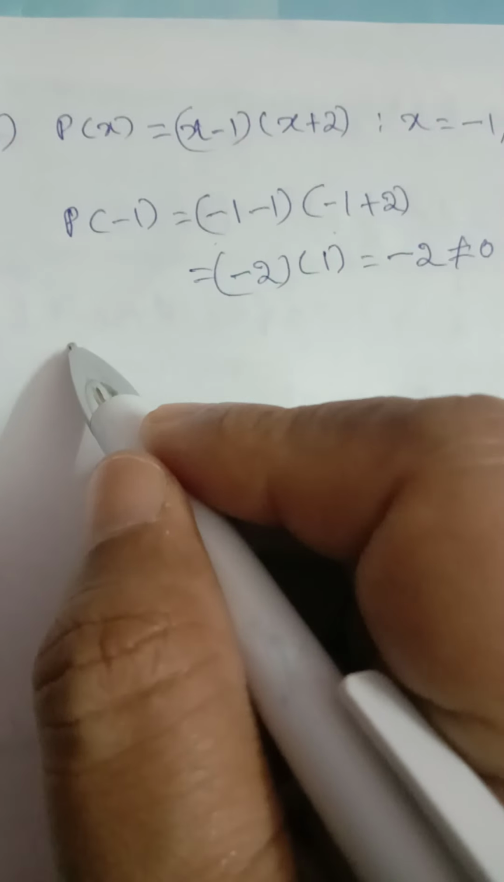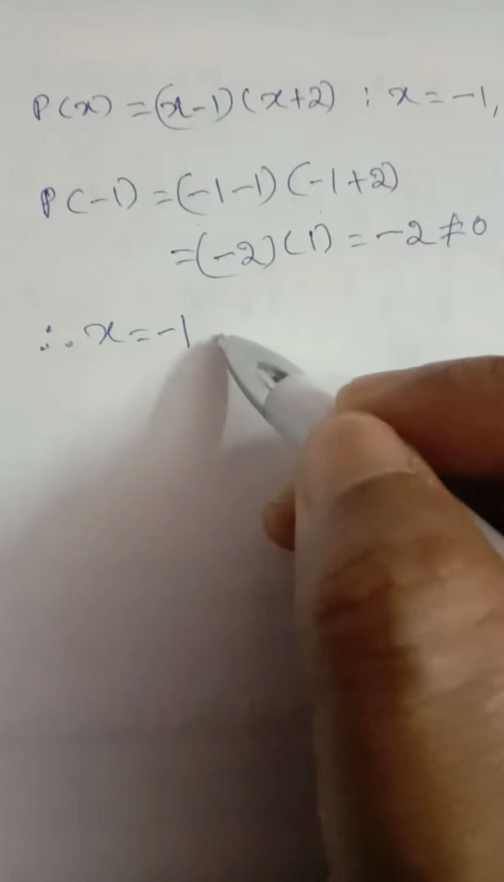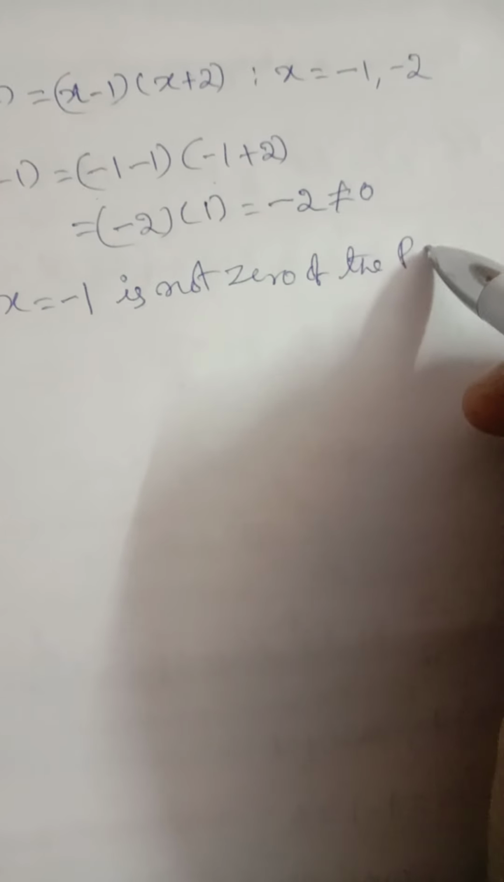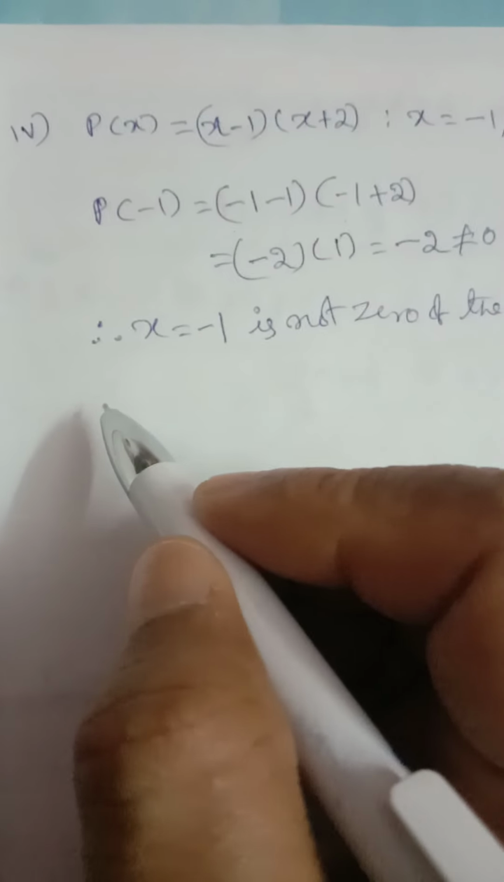Therefore x is equal to minus 1 is not a zero of the polynomial. Next,